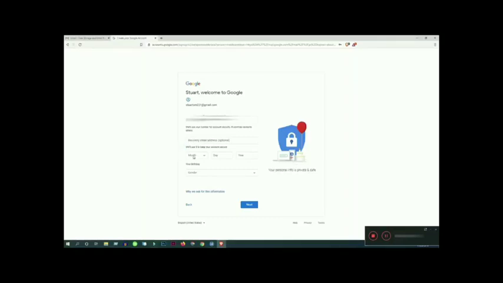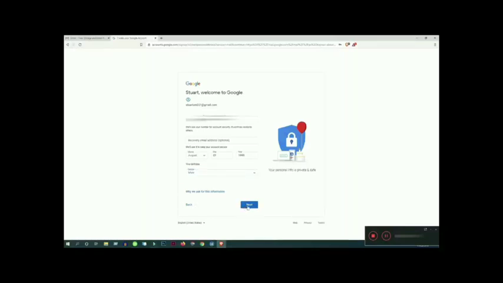I am choosing the month, day, and year. It is just for demo, that's why I am using any month, date and year. Choosing the gender.